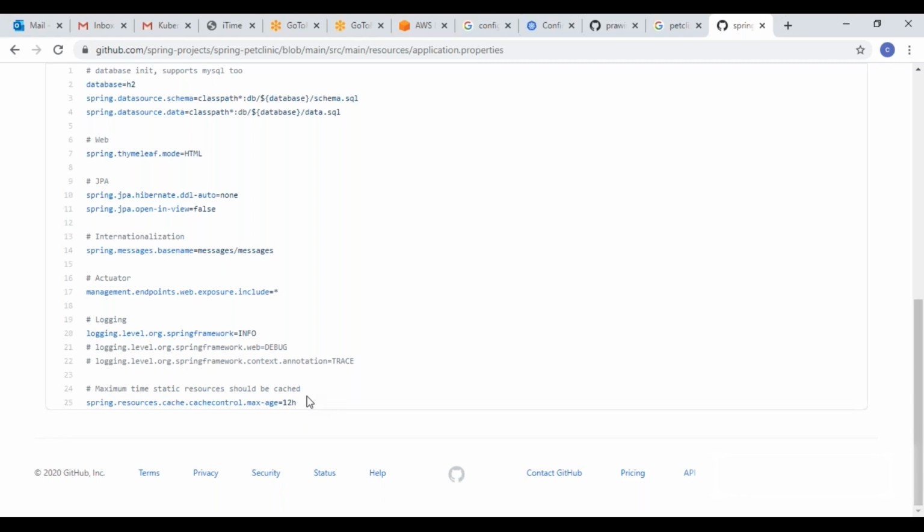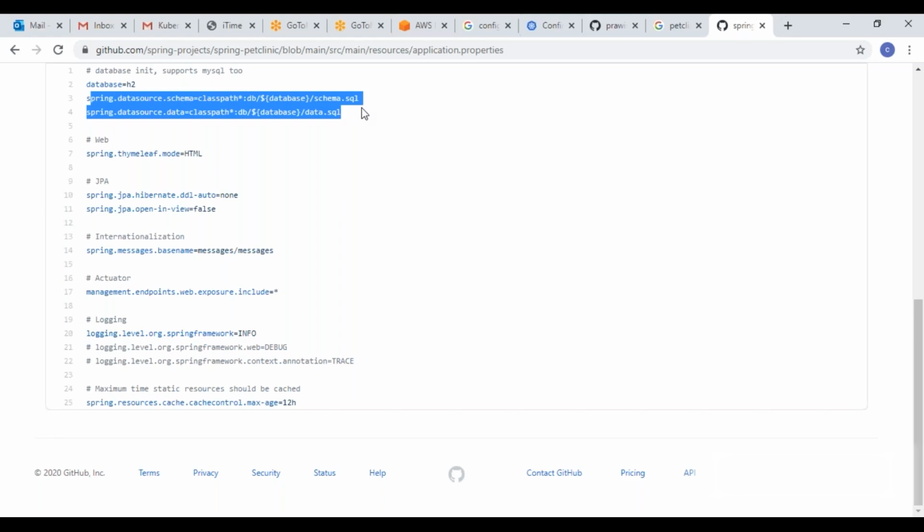If the database is not available, then this application will not come online properly, because it should connect to the database compulsorily, because it is mentioned here that it should connect. If it is not connected, then your application will not function properly, because it should fetch the information from the database only, right? So